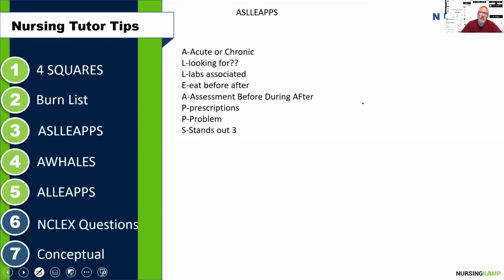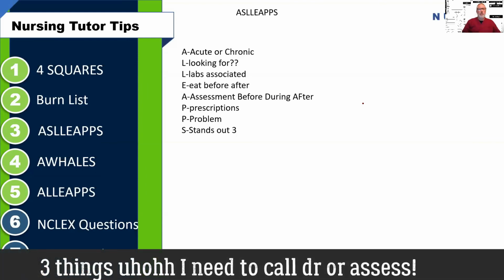is for procedures, right? So looking for something, and so if you're looking at an echo, it's looking for the heart, and it's looking at heart failure. Well, those are the three things that you're most likely to isolate on your 4 squares in order to see what you know, what you don't know, and then to bounce it off with each other in a group, in